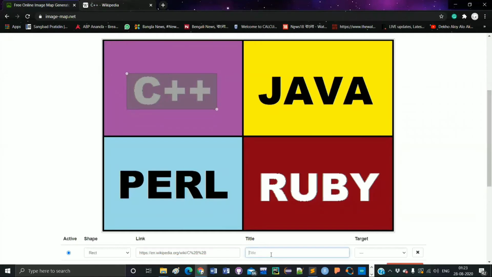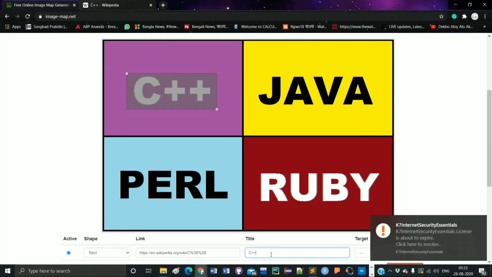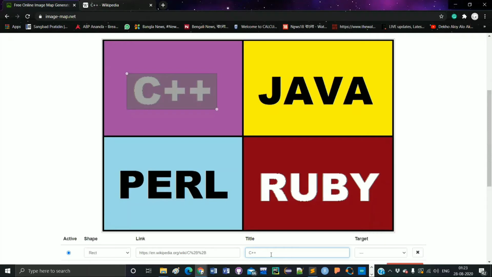Now you have to give a title. I just give the title C++. Now you may ask why I am giving a title. Basically, you can hyperlink several different regions inside your image, so you have to give a title to differentiate between those several regions. That is why you have to give a specific unique title to every region.